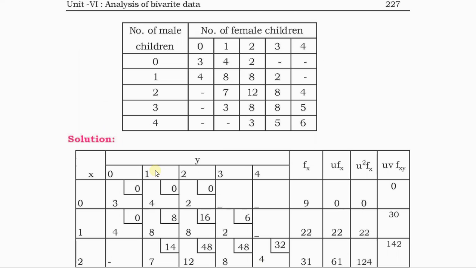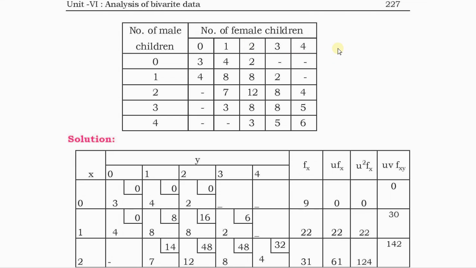Okay, so this is how you solve a Karl Pearson's correlation coefficient for grouped data. Suppose instead of x values, if there are given class intervals, then you have to take the midpoints of those class intervals as x values and then solve according to the procedure. You can also take the deviation values here. U is equal to some value and V is equal to some value. Okay, so you can do that as well.